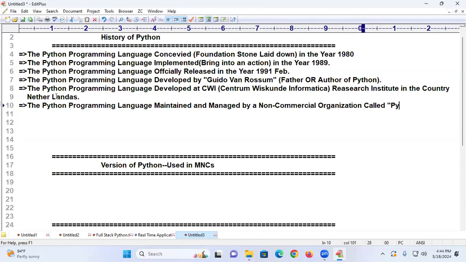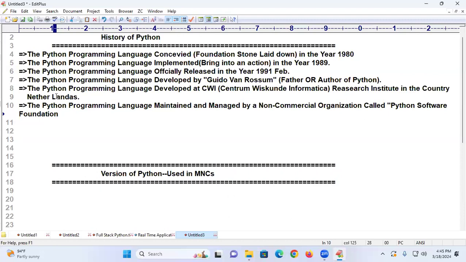I'm going to write it. It is one of the organizations that bought the copyrights from Rossum, and this organization is maintaining the copyrights. In short we call it PSF.